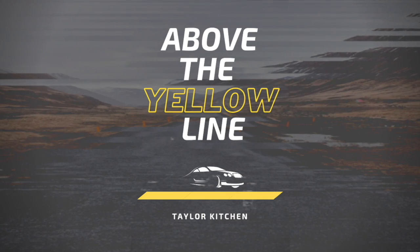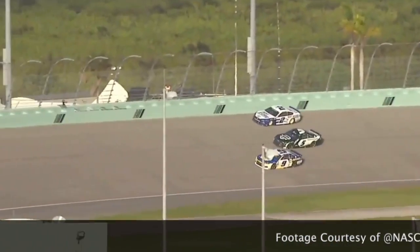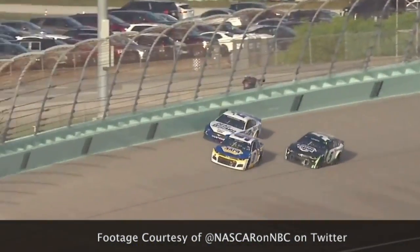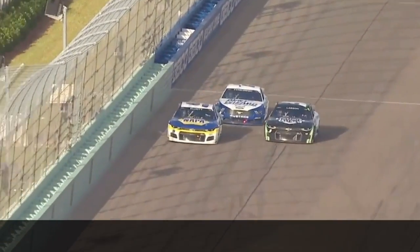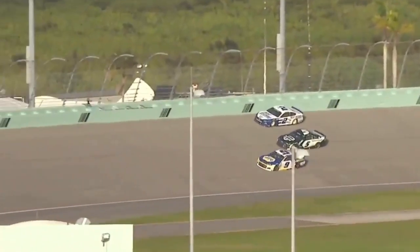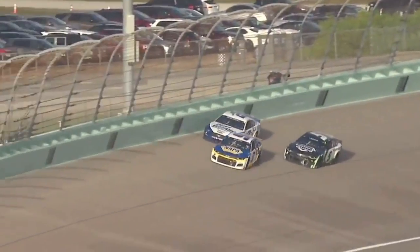I'll show you right here. Chase was racing 3 wide with Larson and Keselowski, and you can see here he just tries to do a slide job, and it barely works. Very scary thing. I am thankful that Keselowski decided to check up a little bit, because I know, especially Keselowski